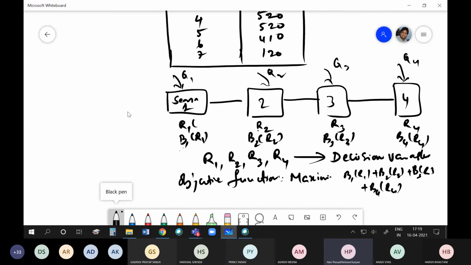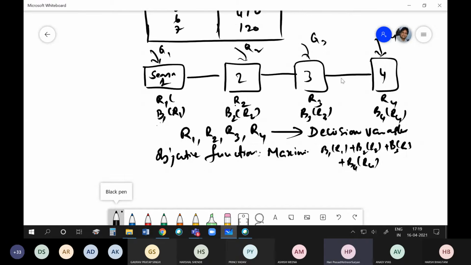So now, what are the constraints I will be expecting? Let us say this also we can solve using dynamic programming effectively. Suppose I consider the 4th season. At the beginning of the 4th season, let S4 be the storage in the reservoir.